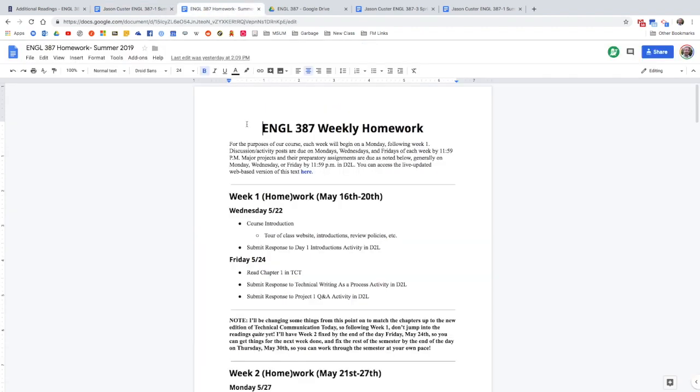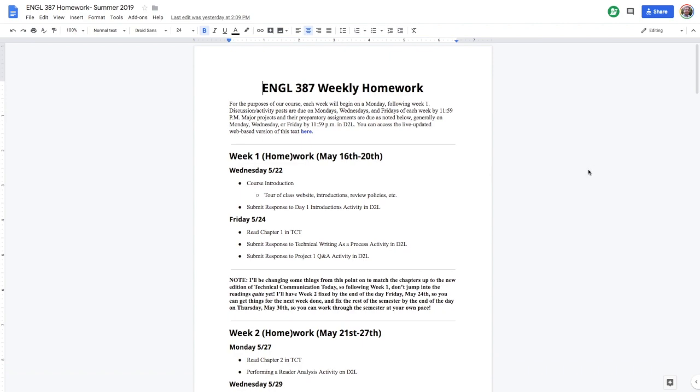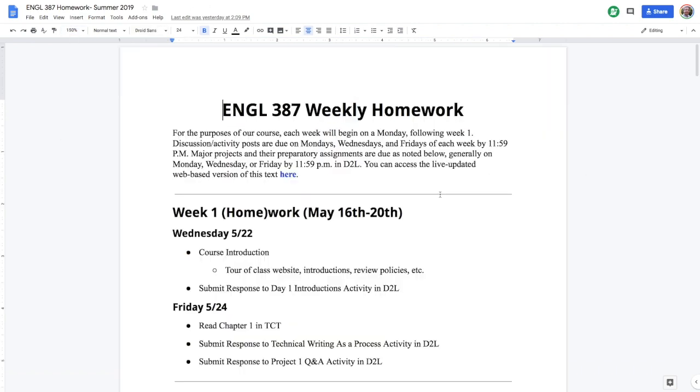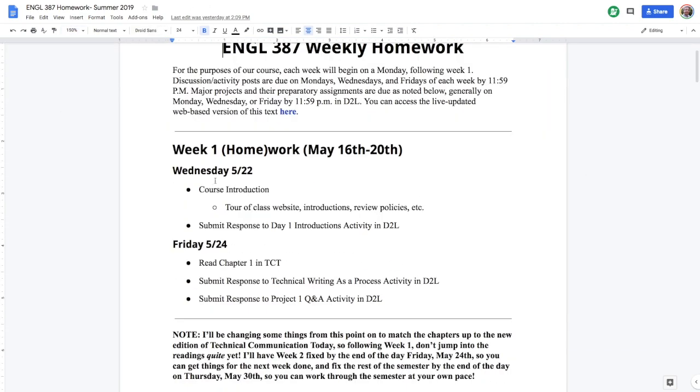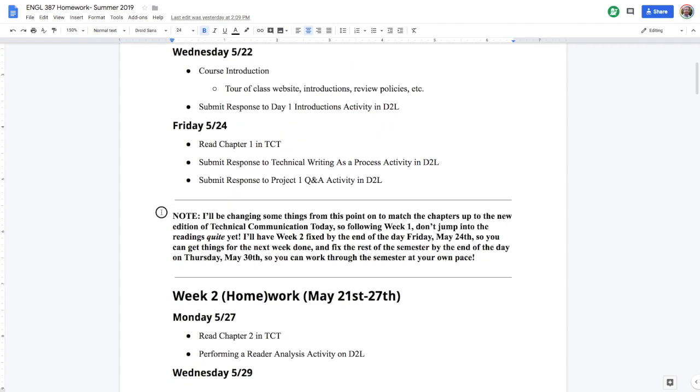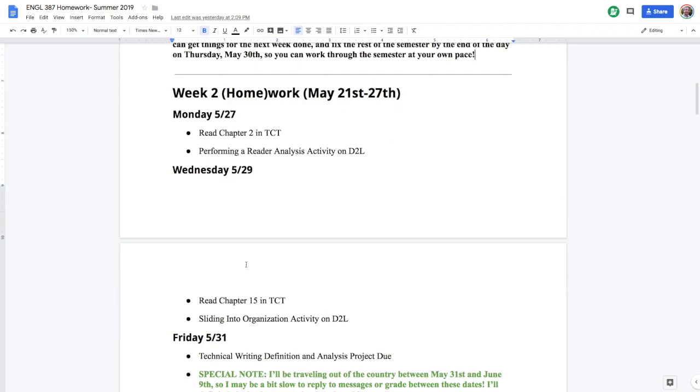Going into some of the other documents we have here, we have the homework document. Inside of here, you're going to see all of the basic stuff and when it is due. Things are going to be due on Mondays, Wednesdays, and Fridays. You'll see a note in here, which is that, and this will go away soon, but as of today, day 1, everything you see in here is going to be